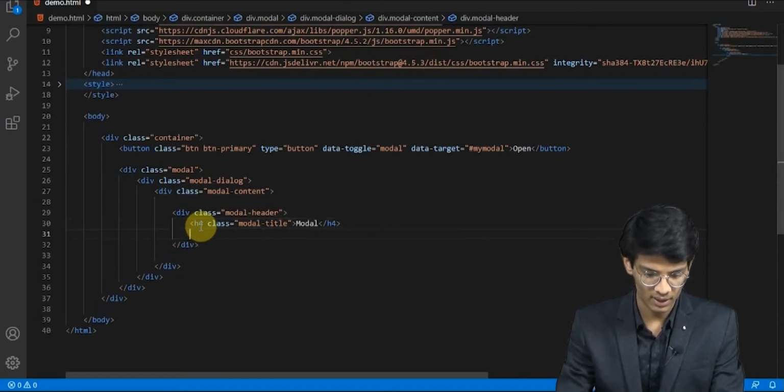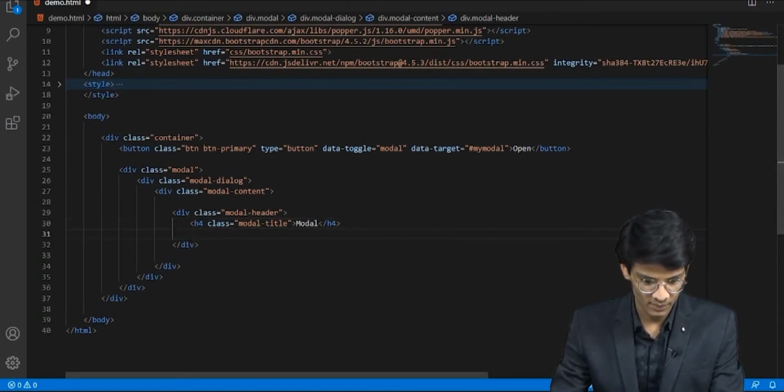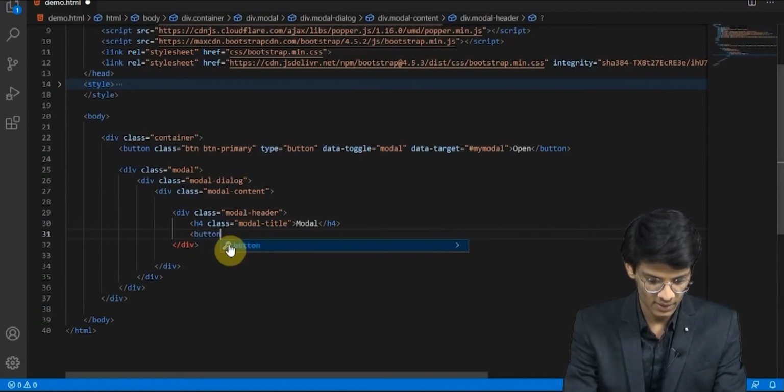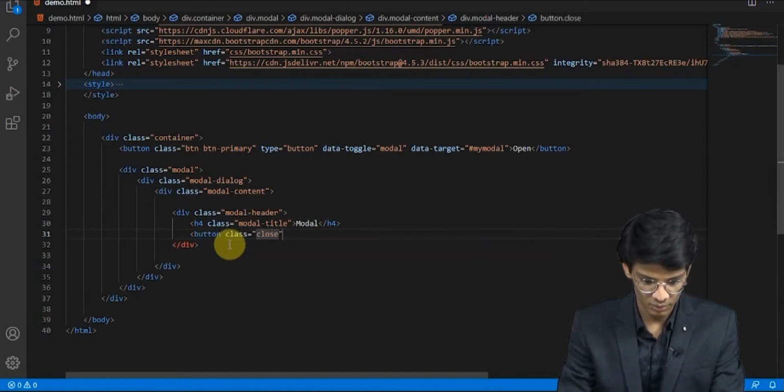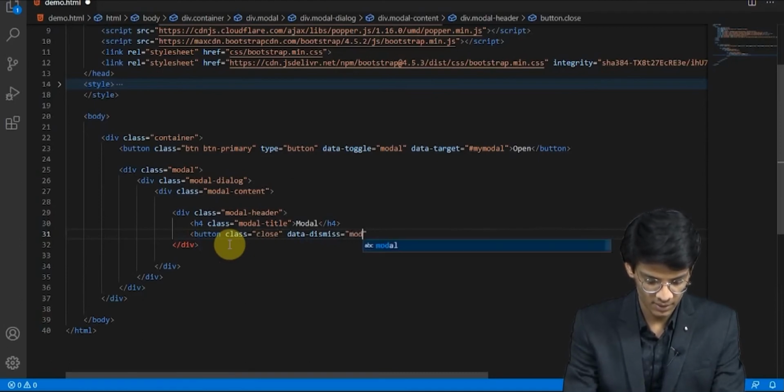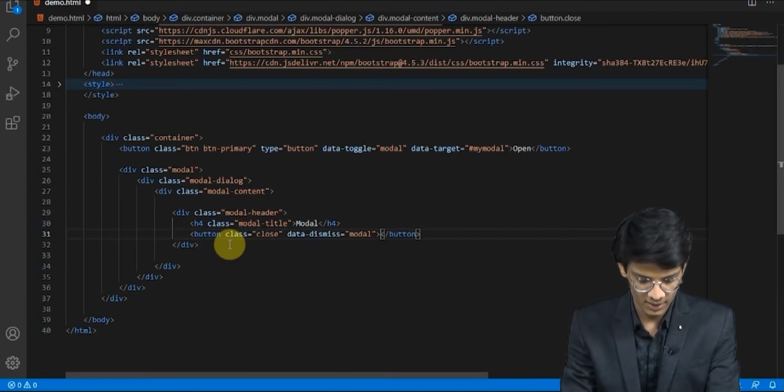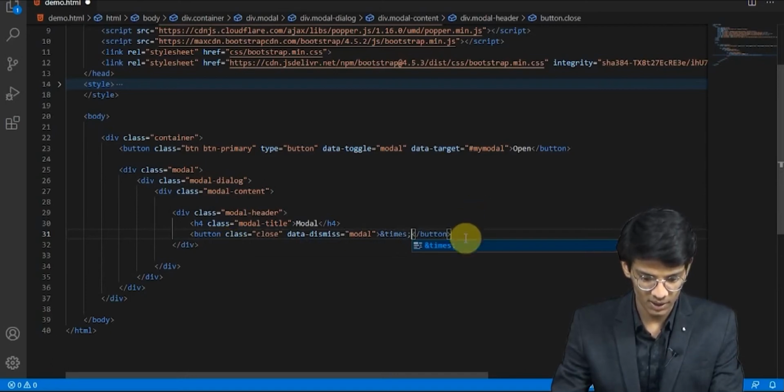Okay, and in next line we will take a button class close data dismiss modal, and this would be the cross mark.